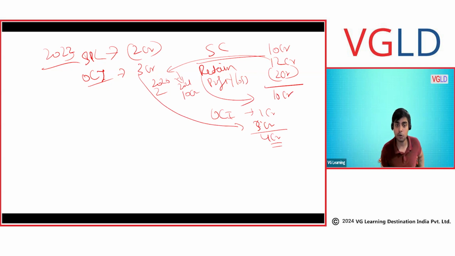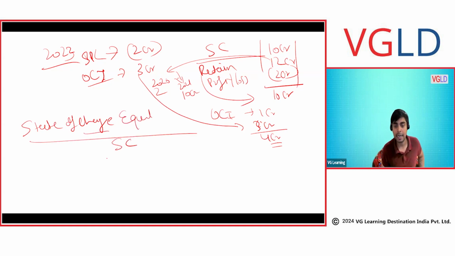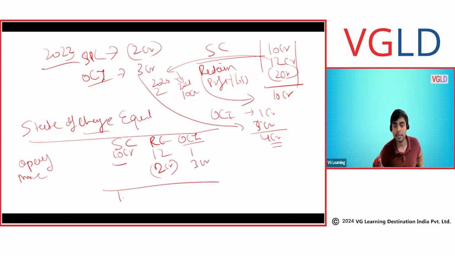Now if I show you the statement of changes in equity, it would look like this. I'm just representing it vertically. Share capital, opening balance was 10 crore. Retained earning, opening balance was 12 crore. OCI, opening balance was 1 crore. Movement: no movement here. There was a 2 crore loss. There was a 3 crore gain. And so share capital is 10 crore, the retained earning is 10 crore now, and OCI is 4 crore now. You can make it for any year.